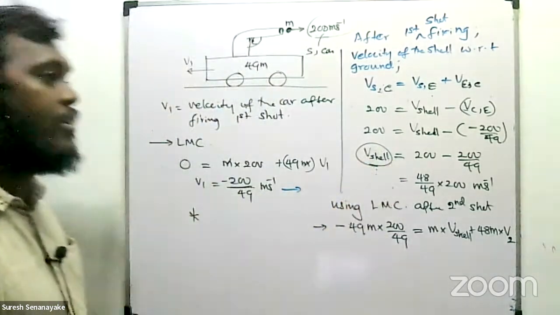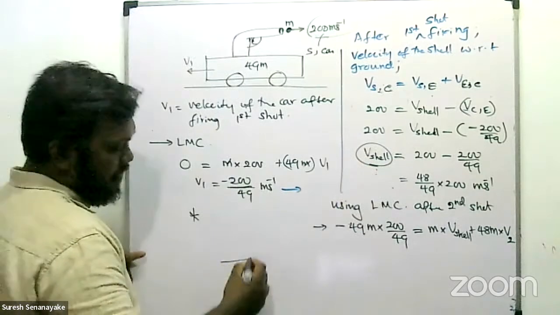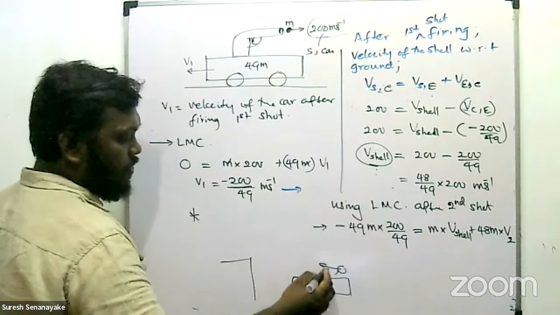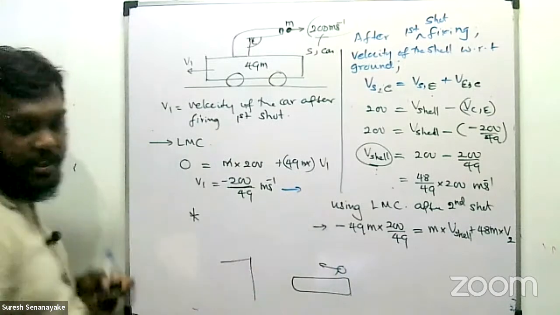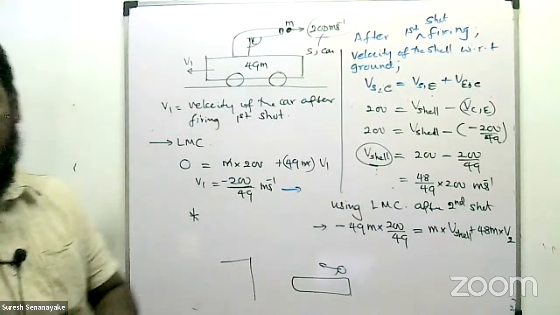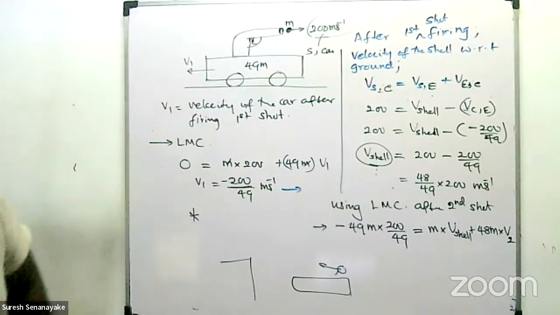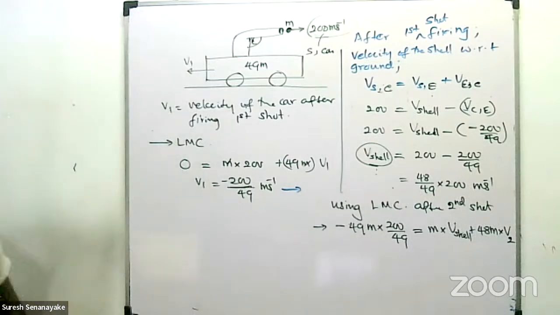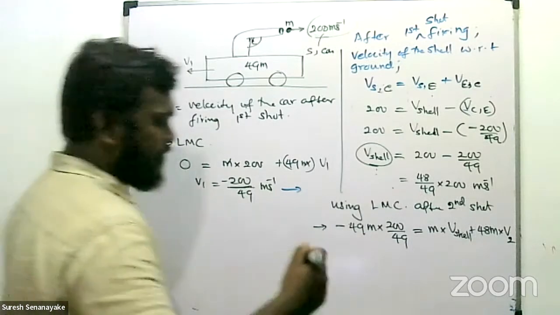But you remember that's a question we did. A river bank is there, and the boat is there, and the dog is there, when the dog is moving in this direction. This is actually similar to that. In that case also we consider the velocities with respect to the earth. Okay, now you know these values, you can substitute.